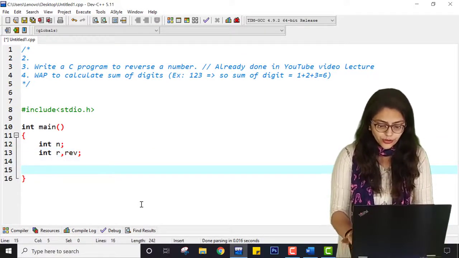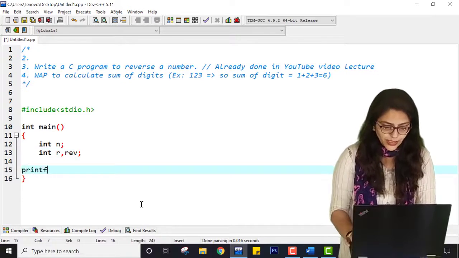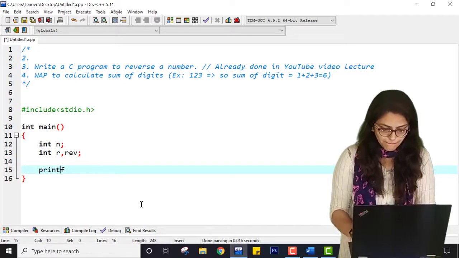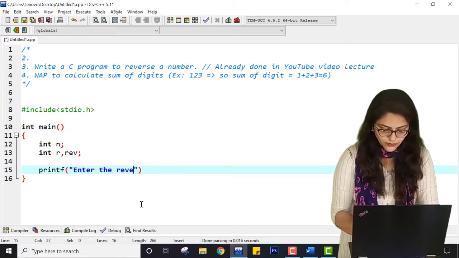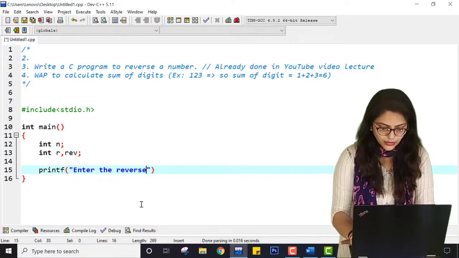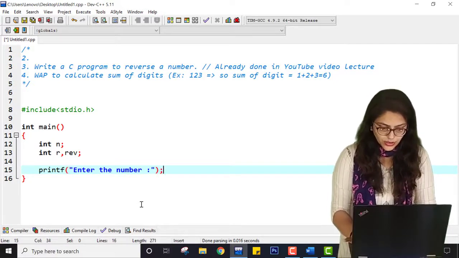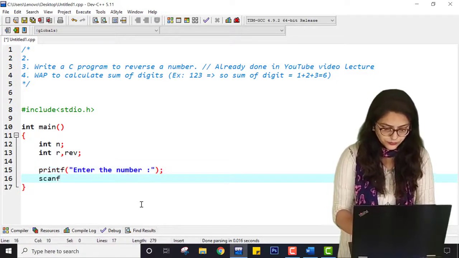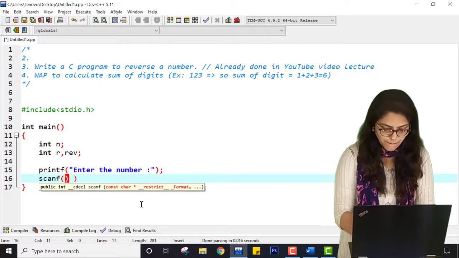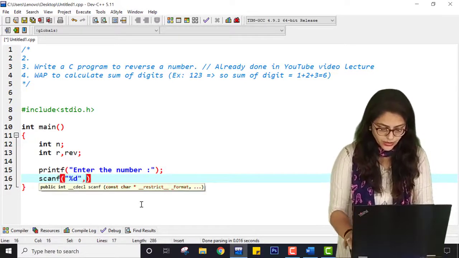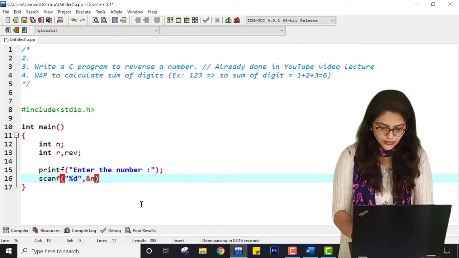Then I'm going to printf, "Enter the number which should be reversed." Here scanf, save %d and n, right?